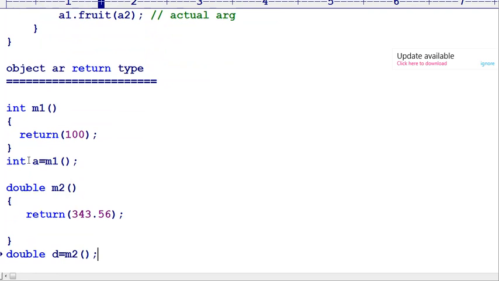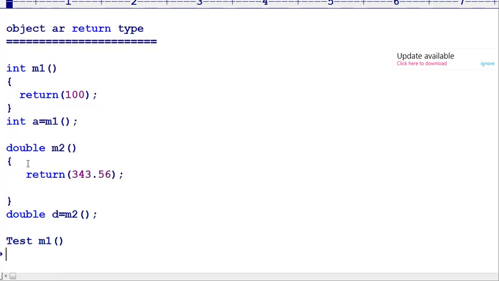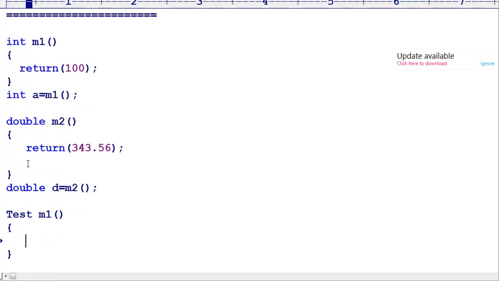Similarly, whenever the return type is a class name, the method returns an object of that class. Let us go for Test as the class.